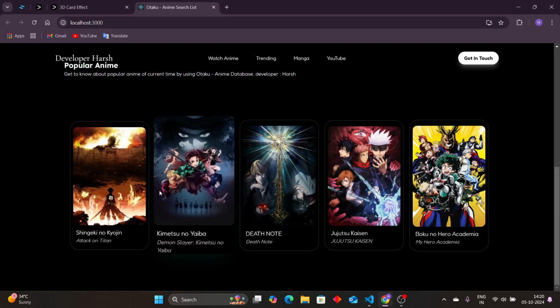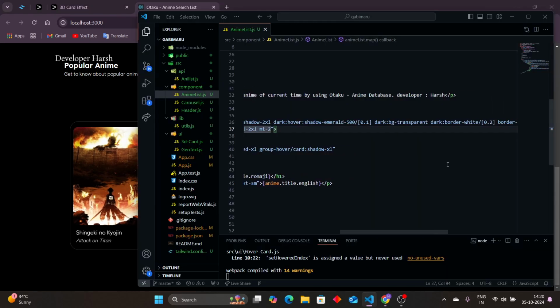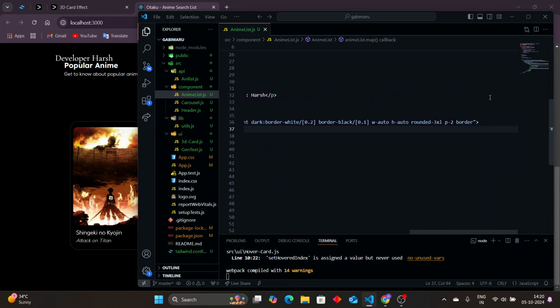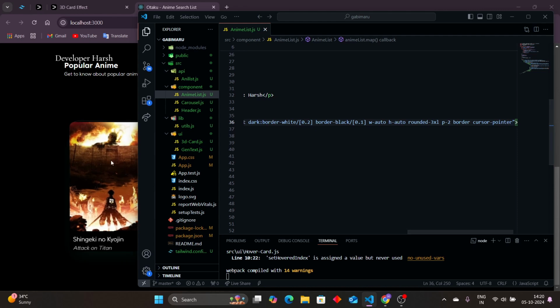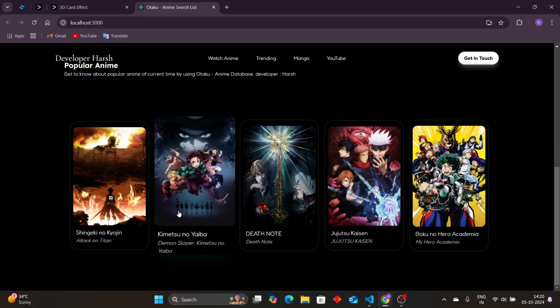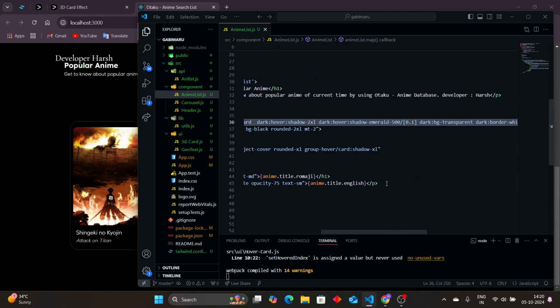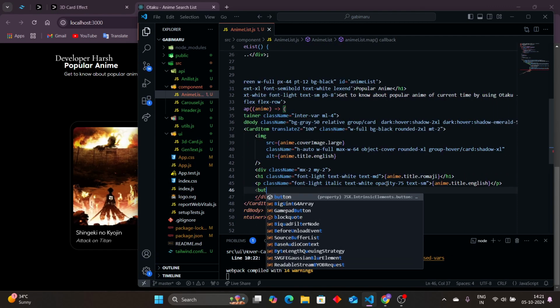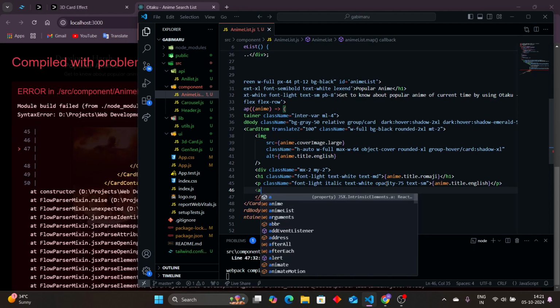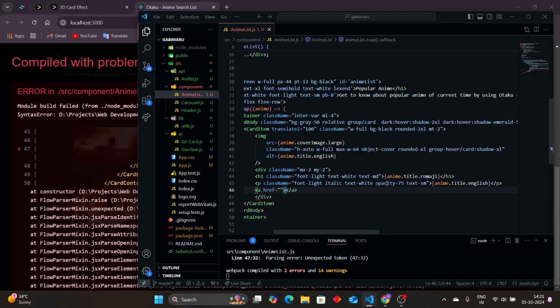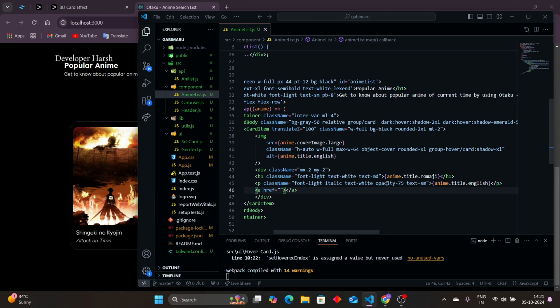Okay, and let's set the cursor pointer. Okay, and now add a button here. So as for the button, I'll use a tag. Okay, and it will be visit